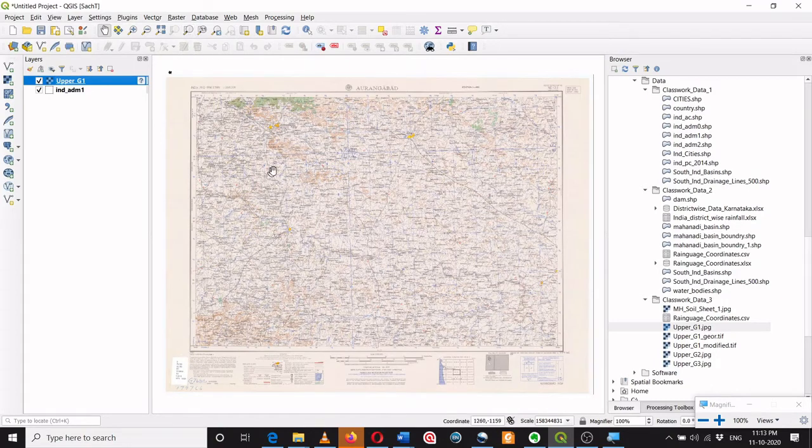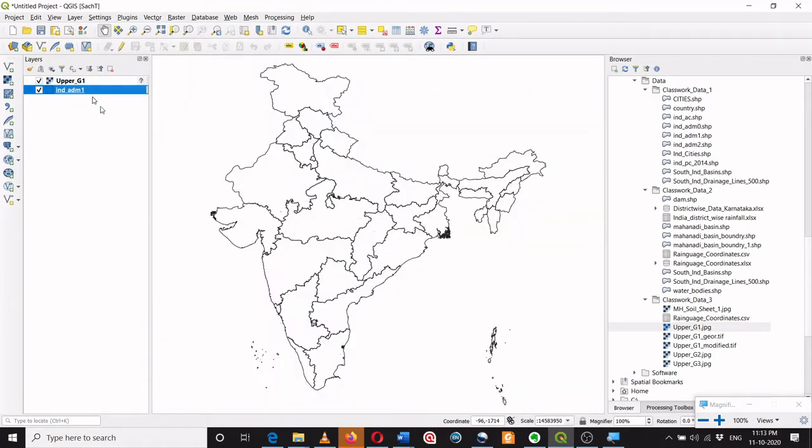So this is the image. This is nothing but a scanned topo sheet, and this topo sheet is representing some part of India. Which part we will see later on. Now if you see where the map of India was earlier, let me again go and zoom to layer. So this is the map of India, and now I will try to see where this image of a topo sheet, which is a scanned image, is loaded in this canvas.